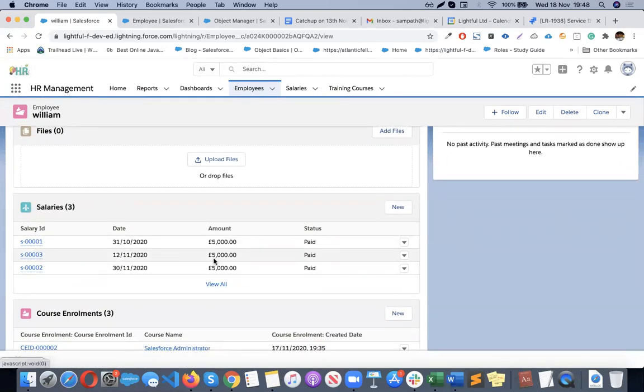Now you will see there are 2 entries in the same month, right? Which is incorrect, it cannot be 2 entries. Now there is a mistake, right?